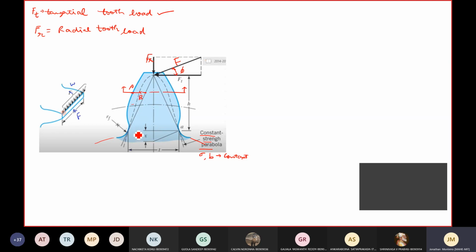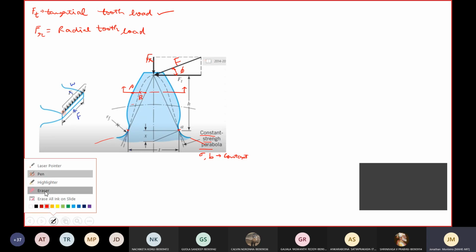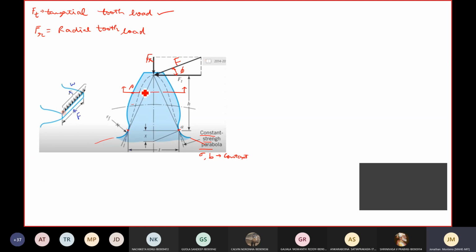Now, what about the thickness? I've taken the root thickness T here. If you go up, I can describe this as some other thickness. Let me describe this as T1. Hold on, it's a bit difficult. Yes, so this is B. Let this be T1 and this one be T2.